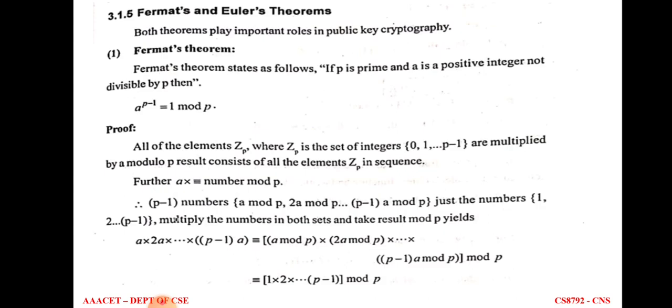So the result is, finally, we can obtain Fermat's theorem, that is a to the power p minus 1 is congruent to 1 mod p. So this is Fermat's theorem. In this statement, p is a prime number and a is a positive integer that is not divisible by that particular prime number. In any example or question, they will give the values for a and p. So you just apply them in the above equation and get the value of the modular arithmetic, which is the remainder of the particular value. So this is Fermat's theorem.